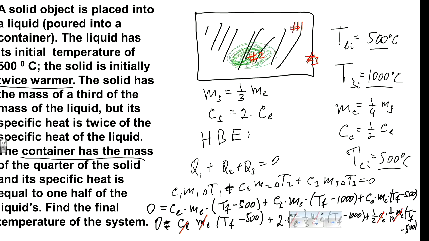Usually this type of experiment is used to find the heat capacity of some material. For example, you know the heat capacity of the liquid and the container, and you're looking for the heat capacity of the material the solid object is made of. You measure temperatures and you solve it for C instead. So it can be done in any way, as long as we measure everything else. We can measure masses because we have scales, right? All right.